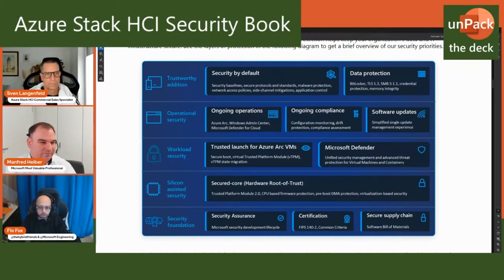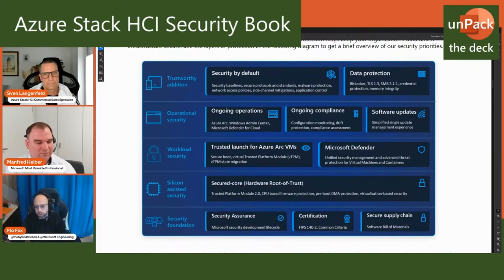Maybe for the Windows Server folks among us, it's comparable to desired state configuration, which we have had in Windows Server since, I think, 2012 R2. Yes, maybe. So you have a configuration done for your web servers or your hypervisor host, and if someone changes something, the host will ask, is that my new configuration? No, it is not, so it will roll back the whole configuration to again be part of the cluster, with the desired